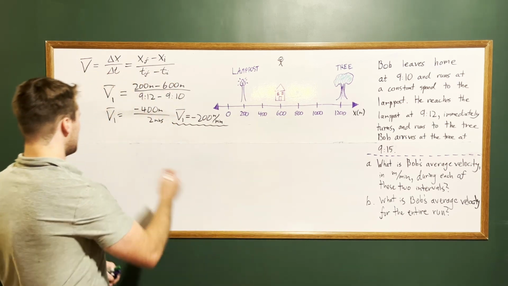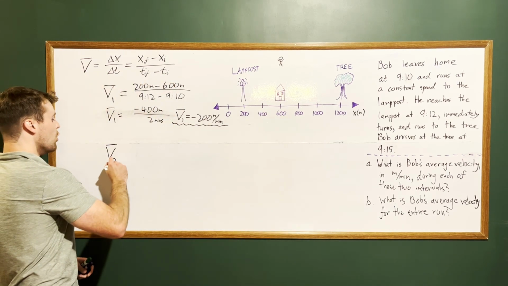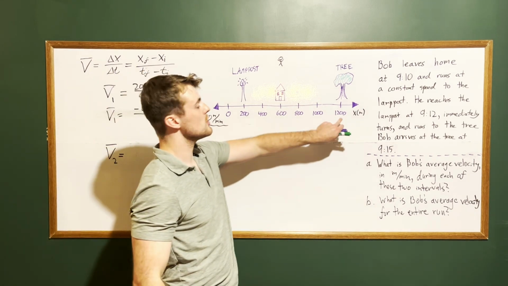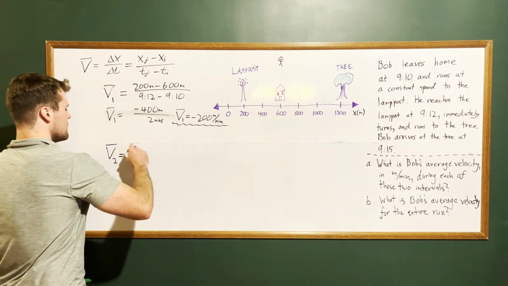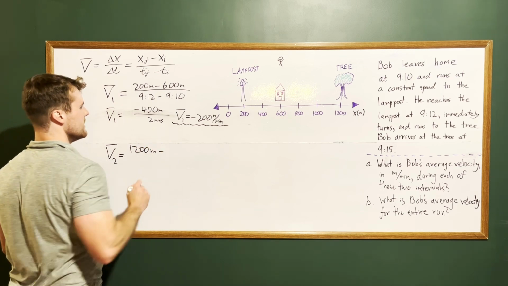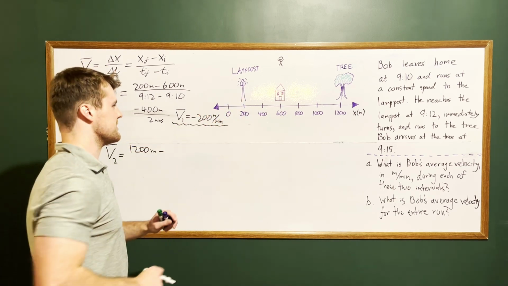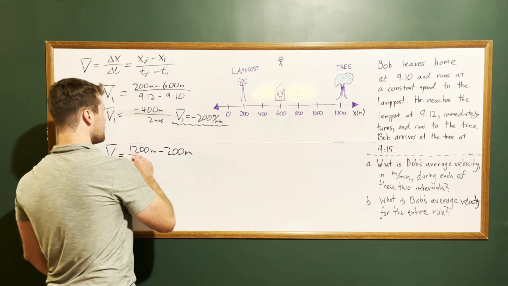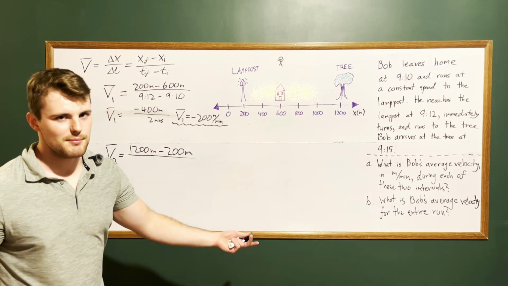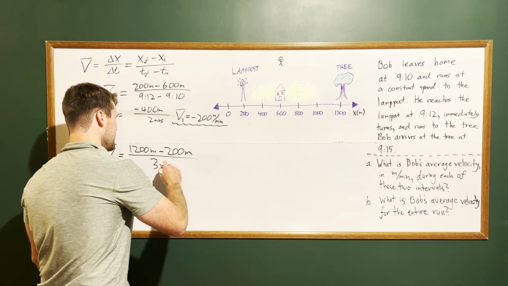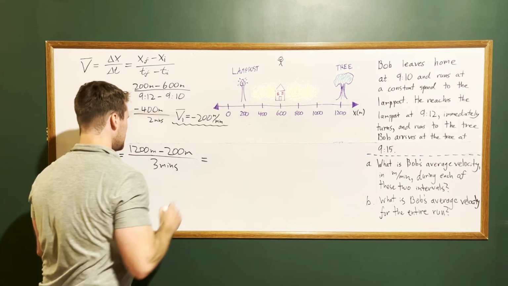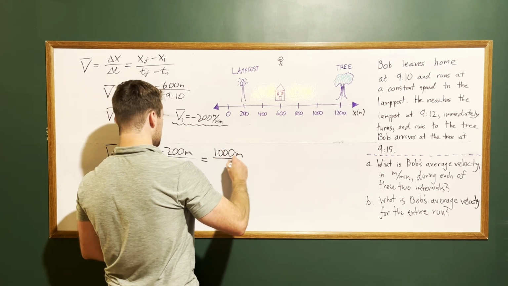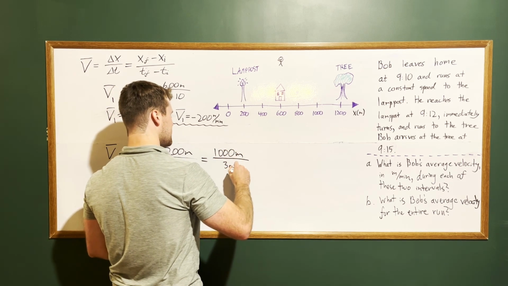In terms of the math, V bar 2 equals x sub f, which is 1200 meters, minus where he started from in the second interval, the lamppost, 200 meters, divided by 3 minutes, which equals 1200 minus 200 is 1000 meters, divided by 3 minutes,